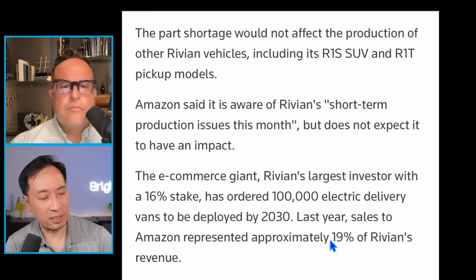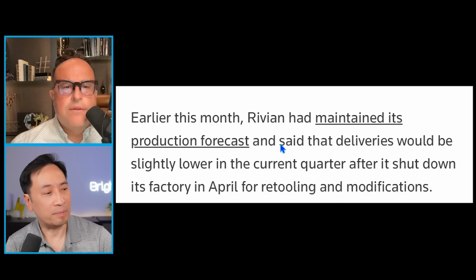But their sales are significant, 20%, 19% of Rivian's revenue. And then, just earlier this month, they maintained their production forecast, said that deliveries would be slightly lower in the current quarter after it shut down its factory in April for retooling and modifications. And now this news. Yeah, if you remember, I think it was last year, Amazon shut out a bunch of